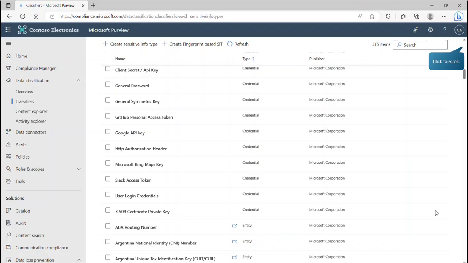All right. So again, all of these are credential types. Client secret API key, general passwords, general symmetric key. Look at that. Google API key, Microsoft Bing Maps key, Slack. I mean, you name it. There's a lot, actually, a lot of these right there. If we scroll up,